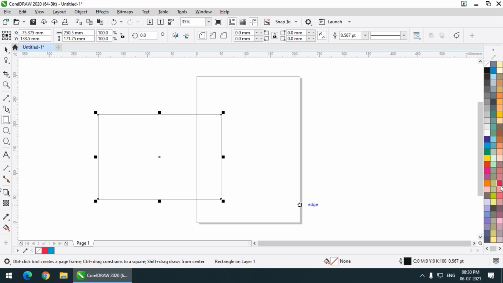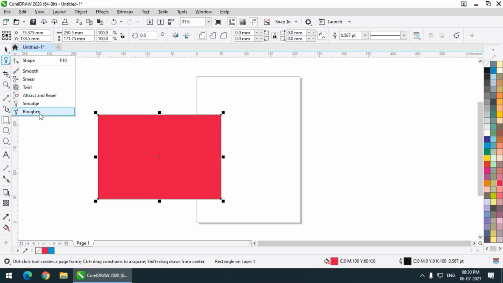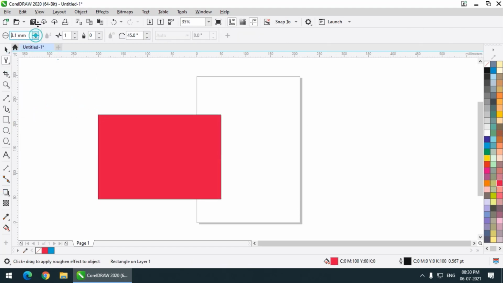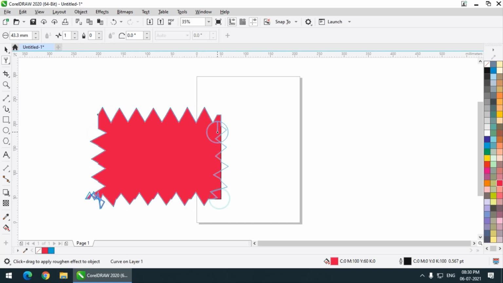Now lastly we have the roughen tool, which simply roughens any outline that we select. We have similar options. Now we have frequency of spikes, and we have the diode value again, and again we have pen tilt. If we keep it to 0, then the spike height, the spike that we are going to create, the spike height will be highest, or the spikes will be taller.